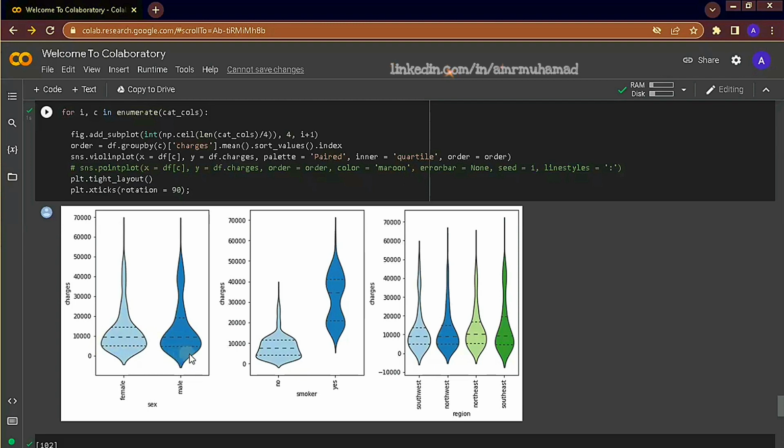And these dotted lines represent the quartiles. This smaller line is the first quartile, and this is the third quartile. This is the 25th, and this is the 75th percentile. And this here is the 50th, or the median of the range. The distance between these two dashed lines is the IQR, or interquartile range.